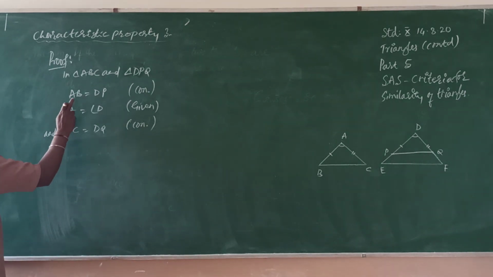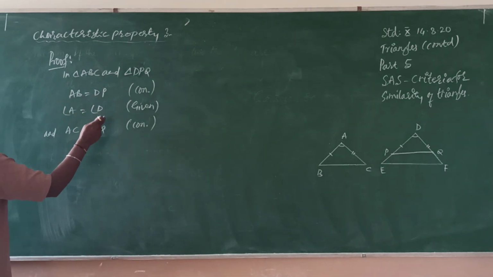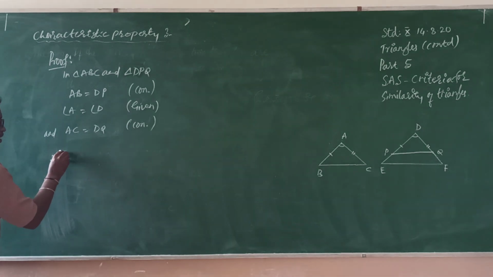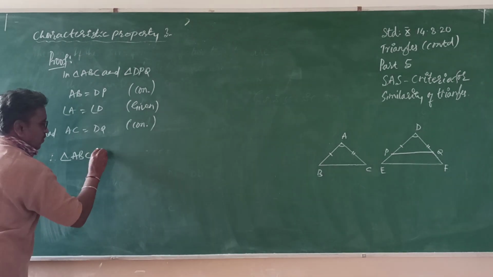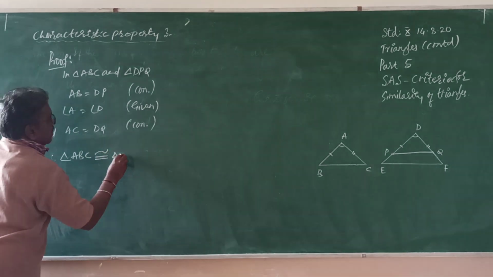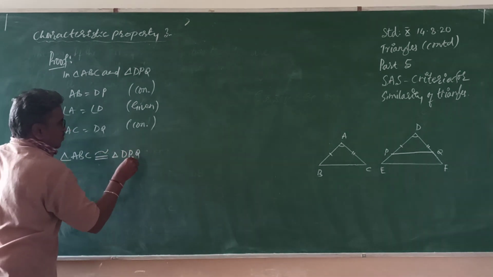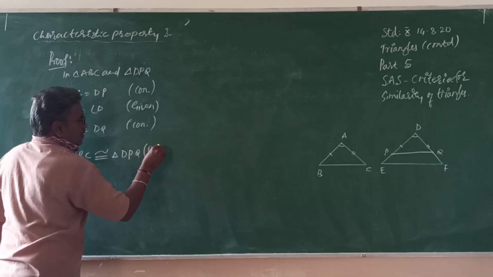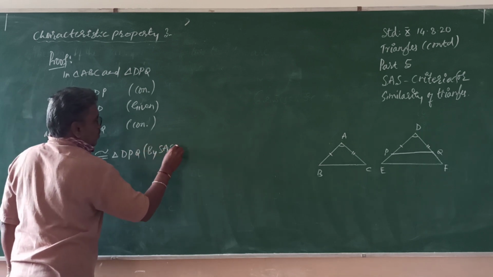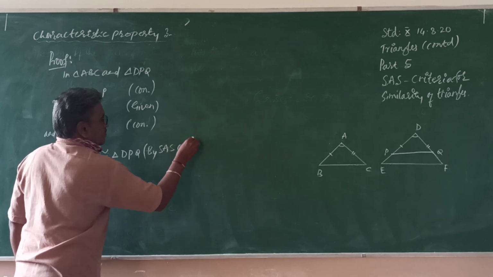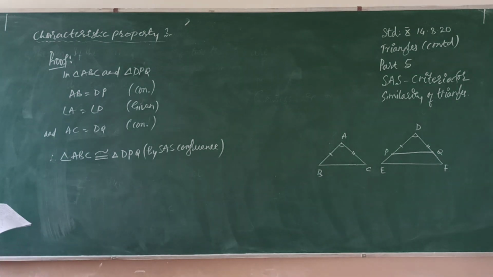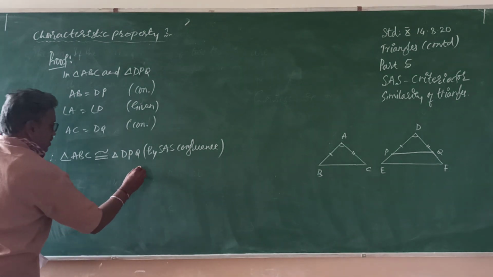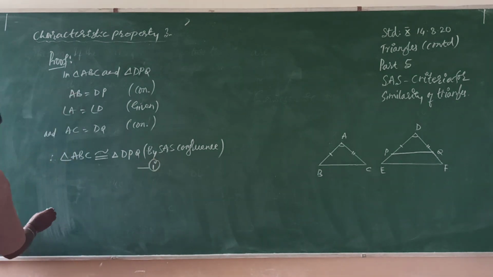Therefore, side-angle-side is equal there. Therefore, triangle ABC is congruent to triangle DPQ by SAS congruence. Therefore, this is equation number 1. Now,